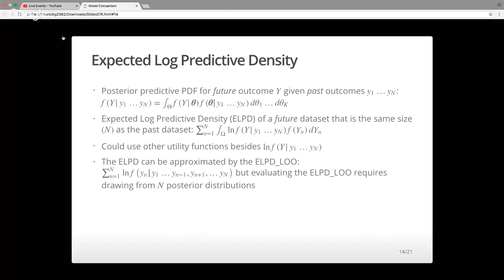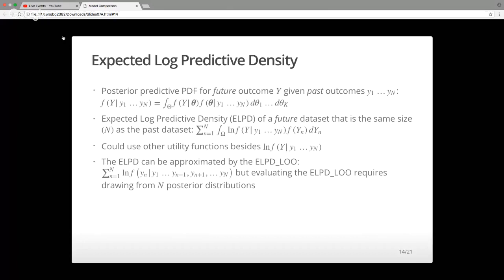This should have a little n on it, multiplied by the marginal distribution and integrated over future data. So that is the expected log predictive density, and that's what we're able to come up with an estimator for. You could use other g functions, but the one that Bayesians prefer to use is based